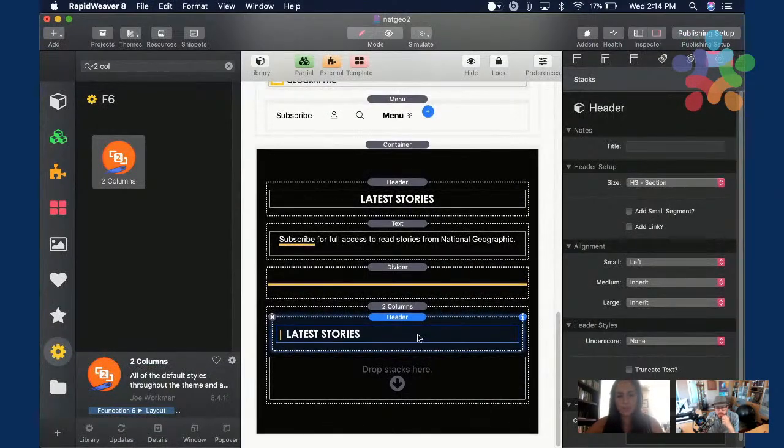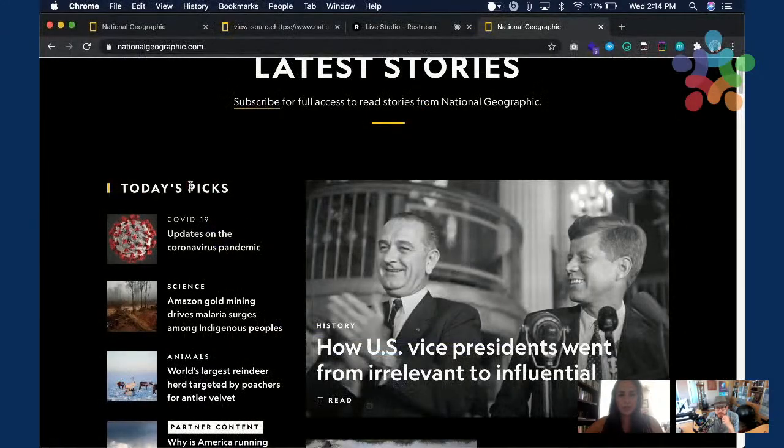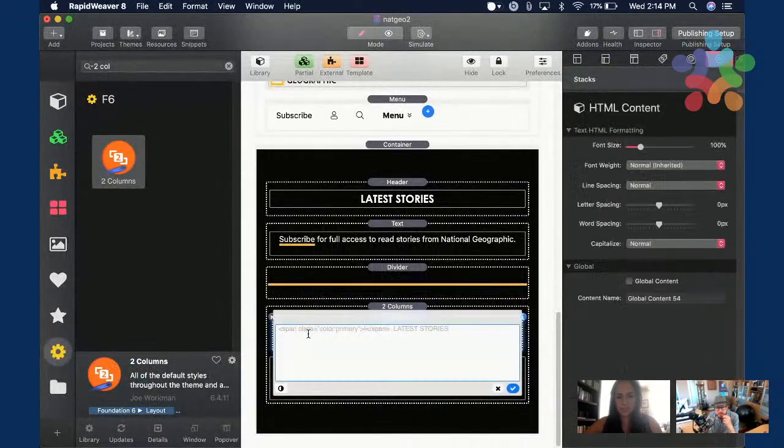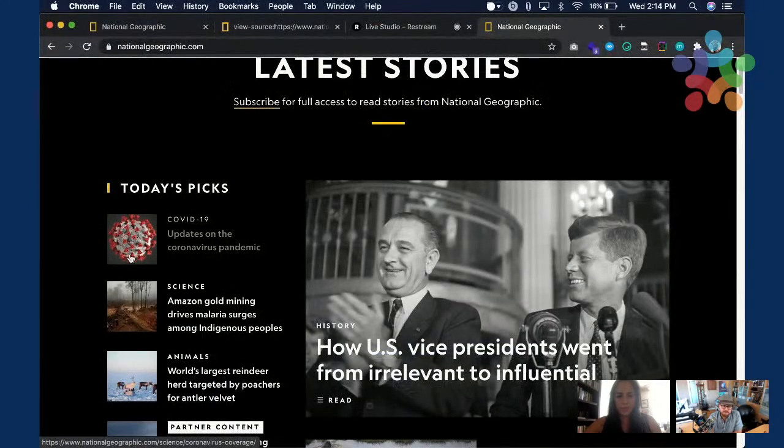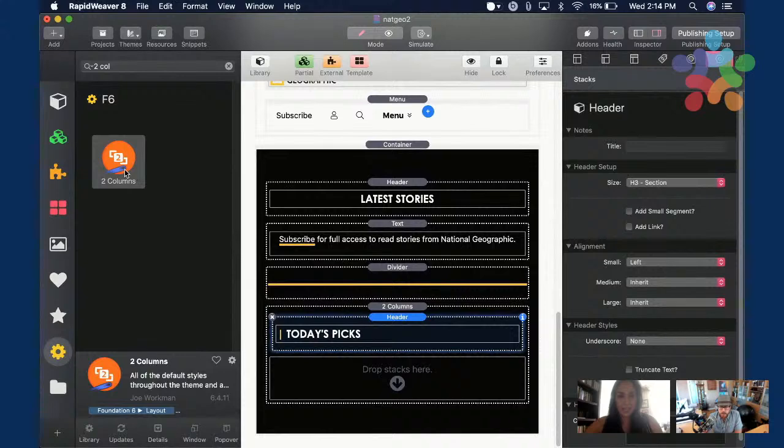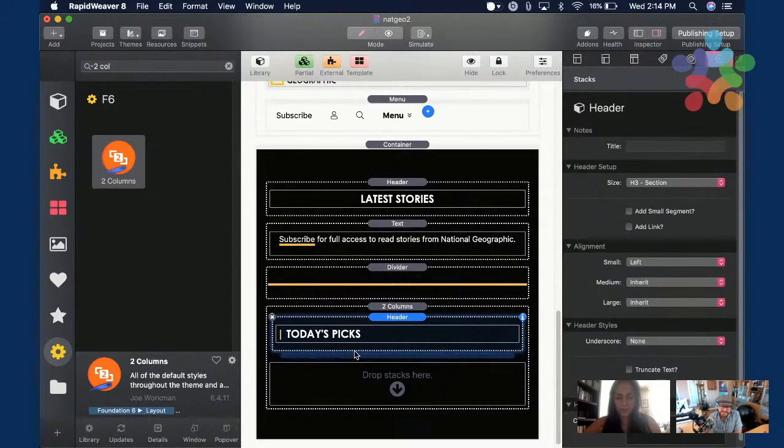So we have latest stories, and we have today's picks. So we just named that today's picks, and we have that 2-column stack. And here's another trick I learned doing this one.